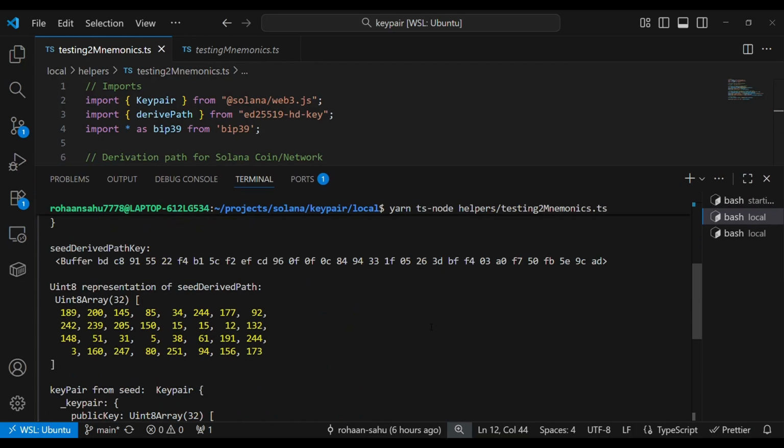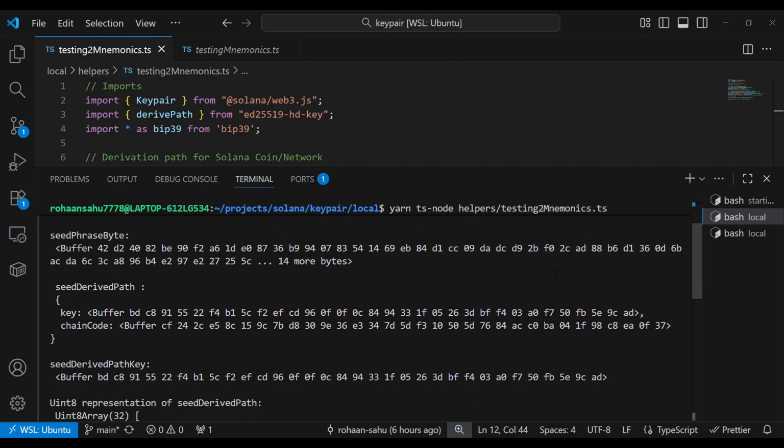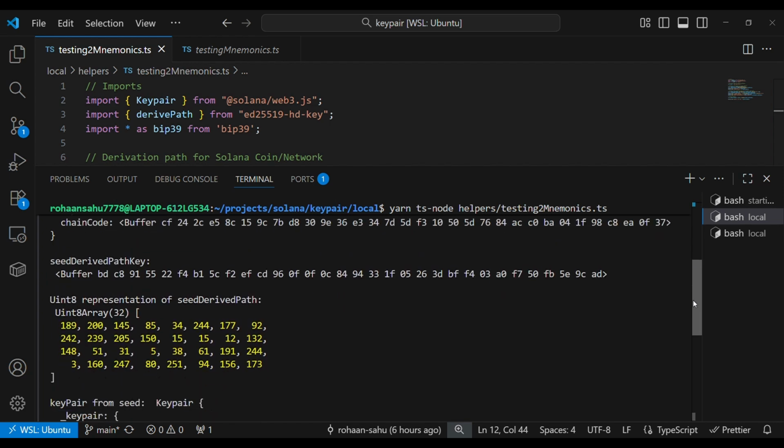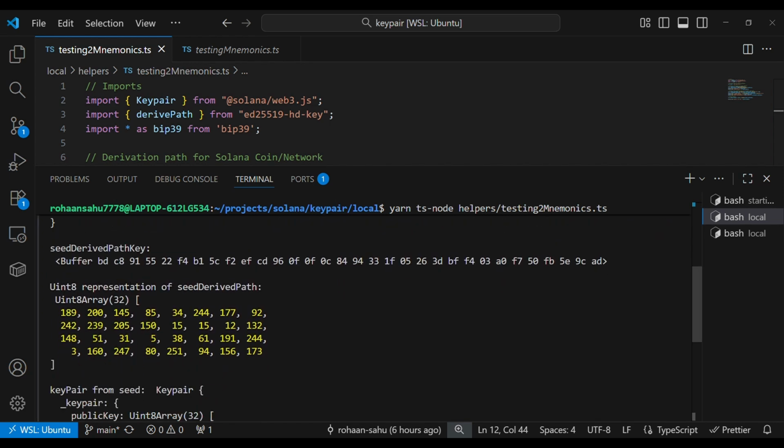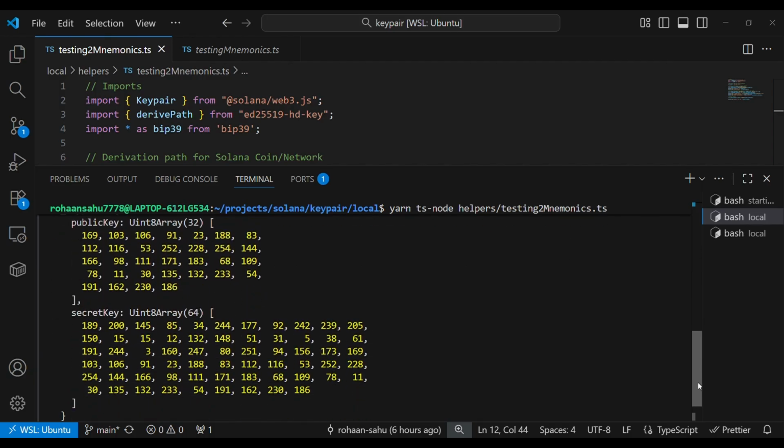We see a bunch of things that have been console logged here. We see a seed phrase, we see seed phrase byte, we see seed derived path, we see seed derived path key. We see uint8 representation of seed derived path, and then we see keypair from seed, which is a keypair object. Now